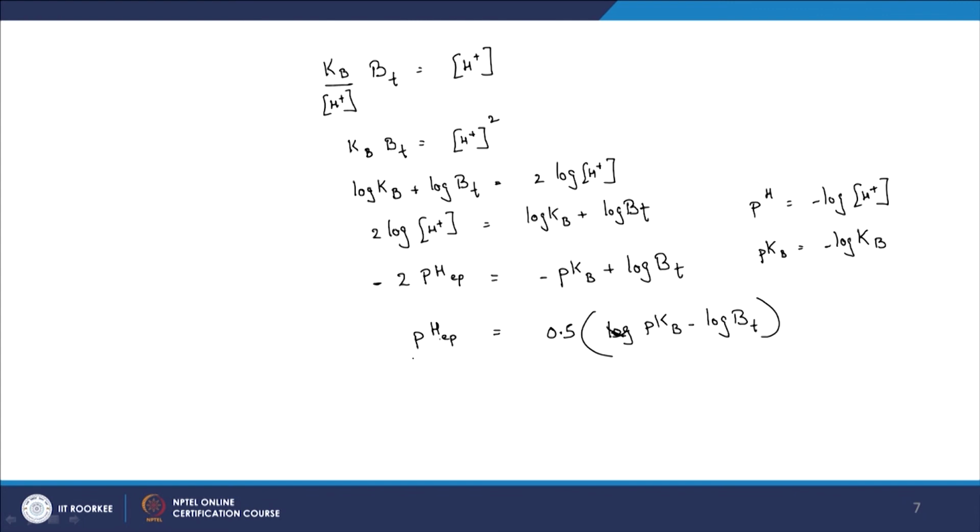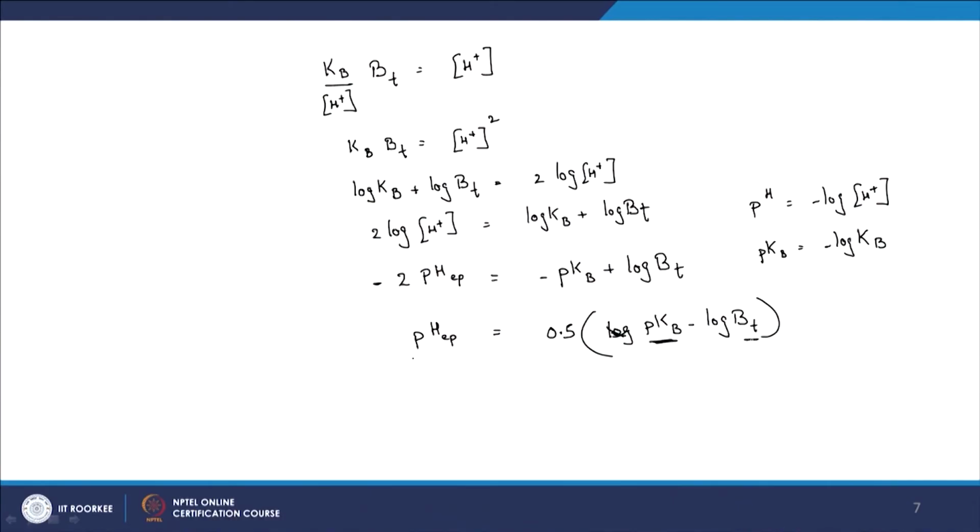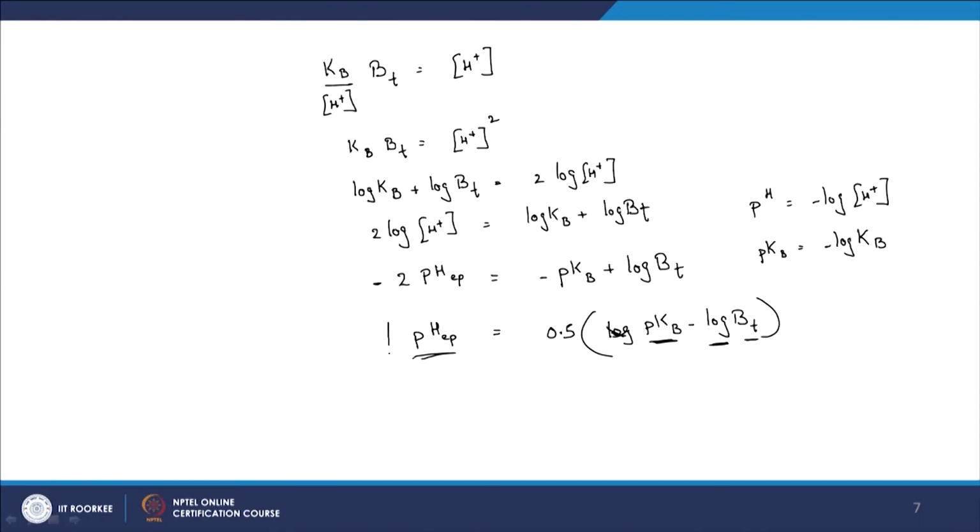So again, what does this mean now? If I know what the base is that I am looking for, calculating the equivalence point is relatively easy, because if I know the base B, I can get the pKb value, which is here, right. And in general, as you see, even though B total has an effect on the pH of the equivalence point, because of the logarithmic scale, its effect is relatively less, right. So in general, if you have an idea about the base that you are titrating for, let's say, or against, you can come up with the pH of your equivalence point, right, and that is the crux of the issue.